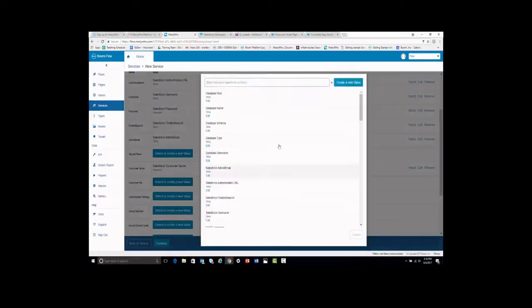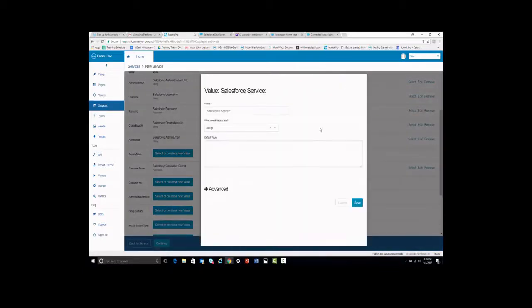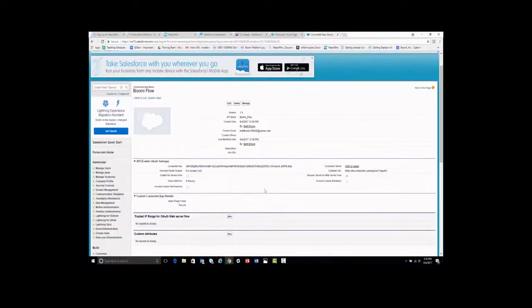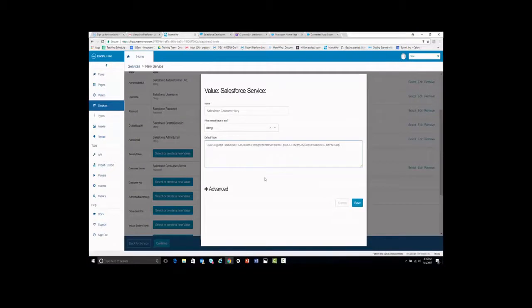Then next, we're going to do our consumer key. Select or create a new value. Click on create a new value. Retitle this naming as the consumer key. And we can come back into our tab for our developer within our connected apps, copy and paste the consumer key, paste it here,